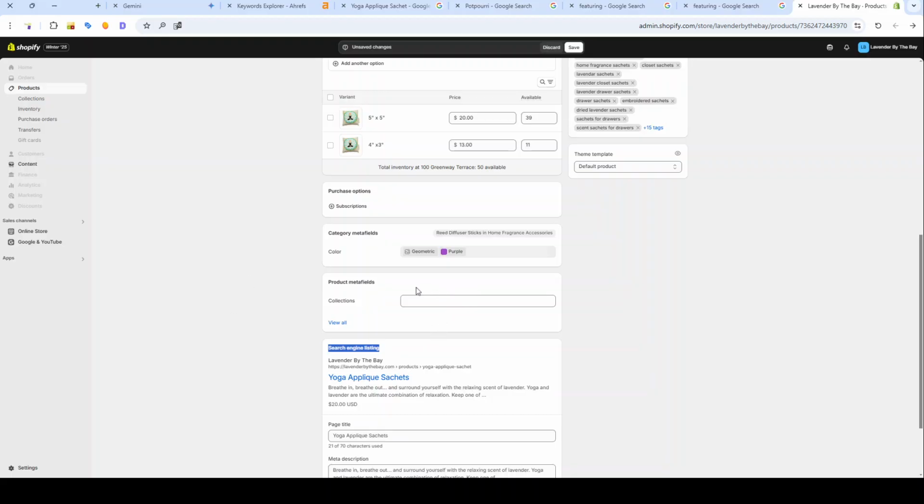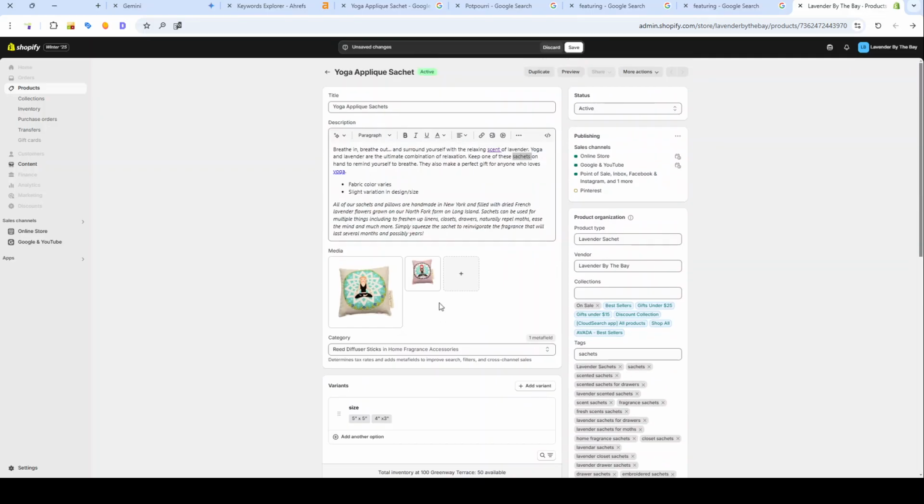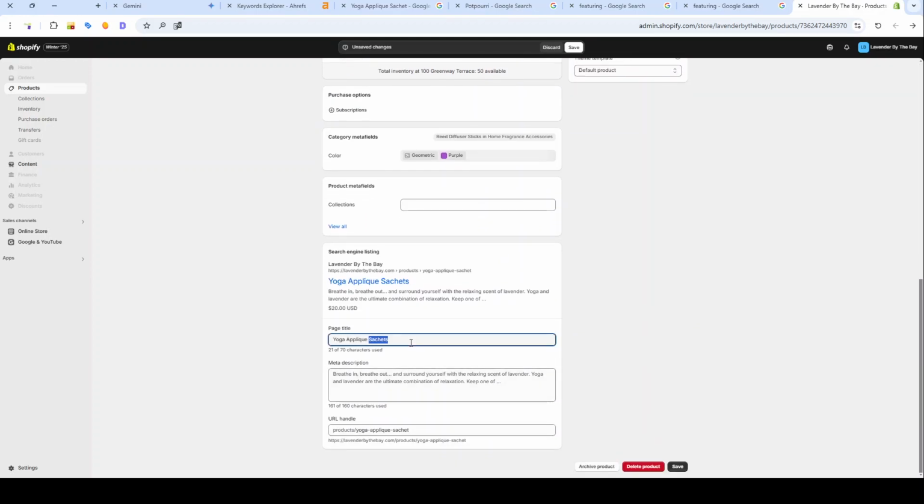So let's do the last part, and the last part needs to be exactly like this. If my title is Yoga Appellix Sachets, then my title here is Yoga Appellix Sachets,